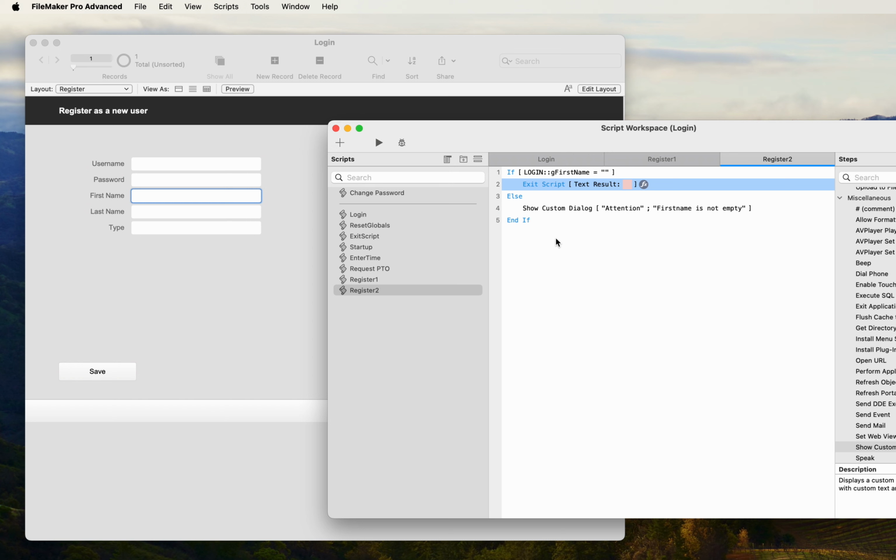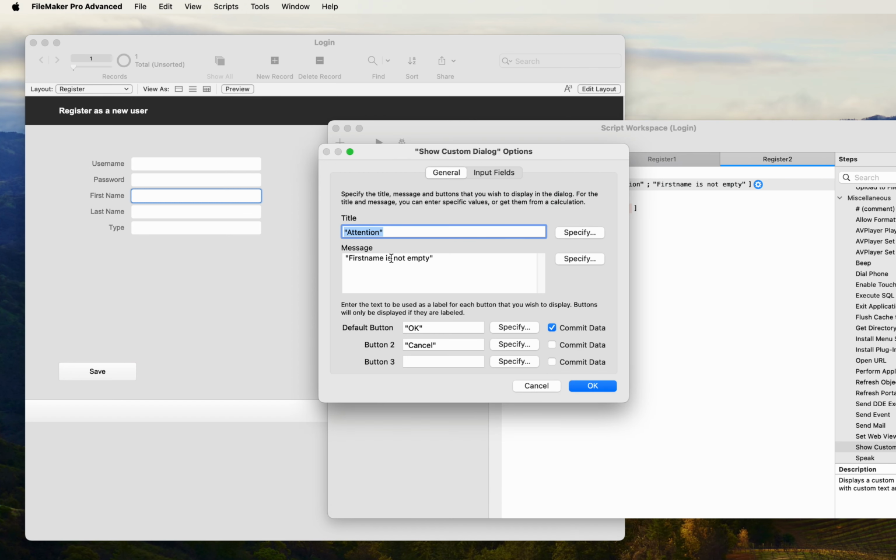All right, let's think about this a different way. Instead of testing if it is empty, let's test if it's got a value. So is not empty. So that's an option equal sign. Then we're going to show the dialog. Otherwise, we're going to exit the script. So let's see what that says. And of course, my dialog would say